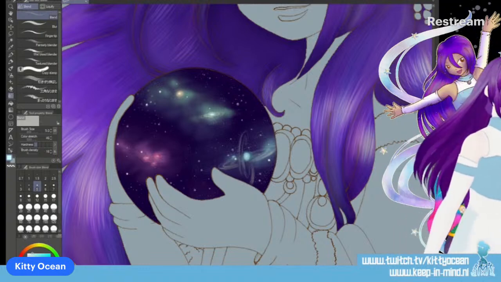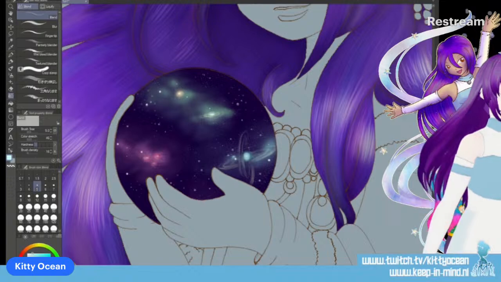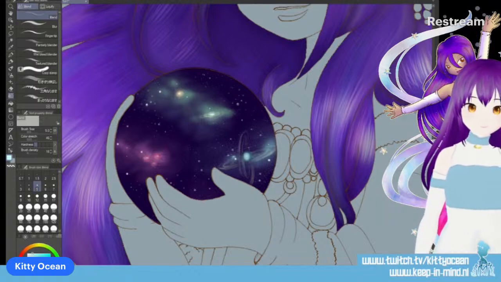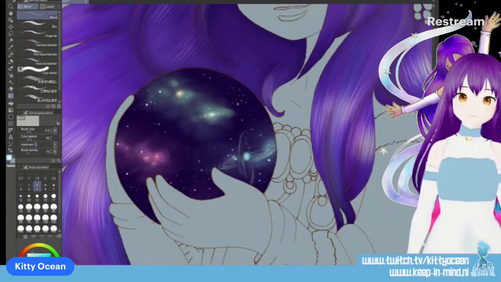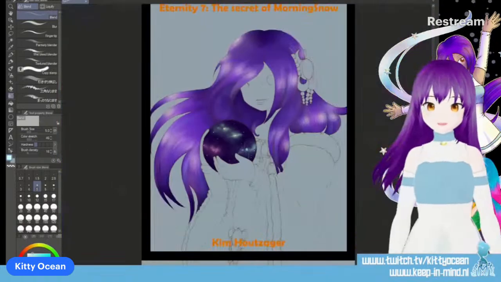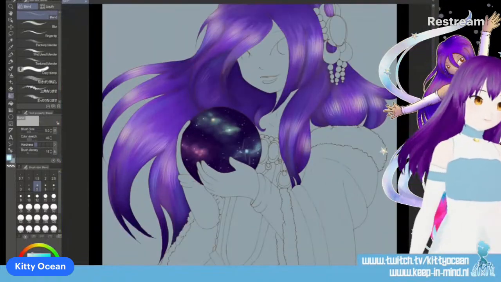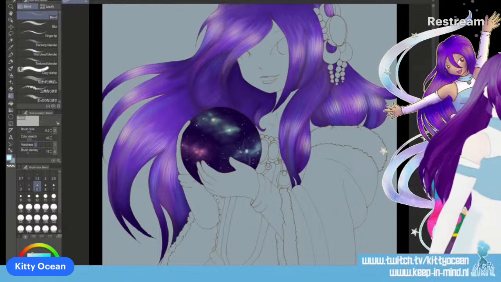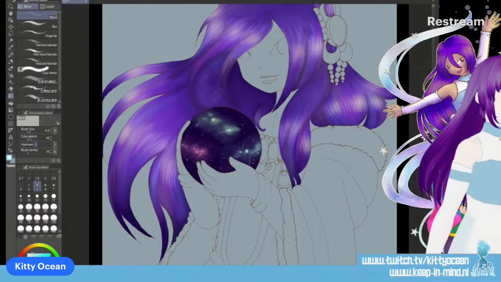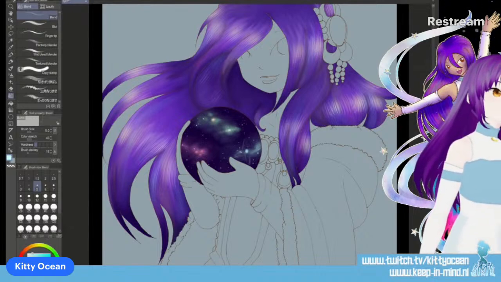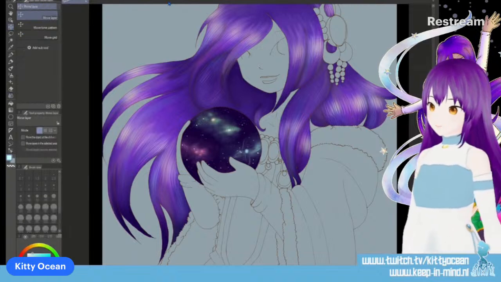I think that other one is a bit too present. Is this better? Need to zoom out. I actually think this is too big. So I think I'm going to make it a bit smaller.